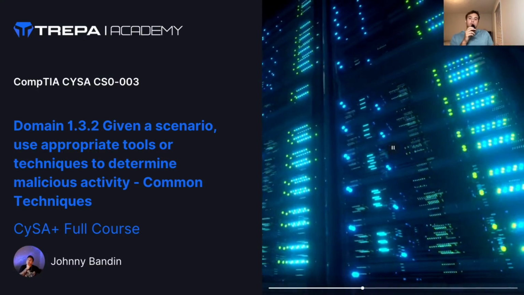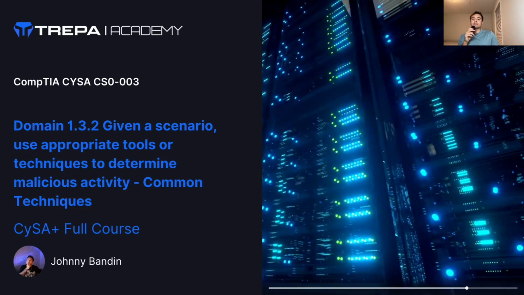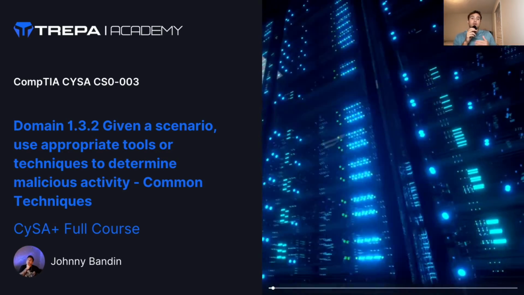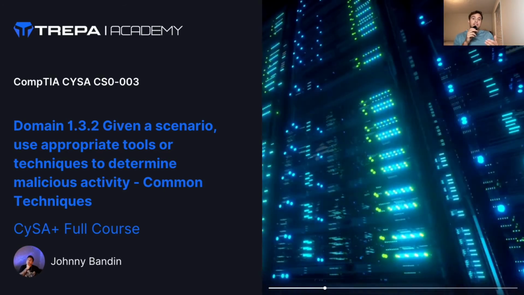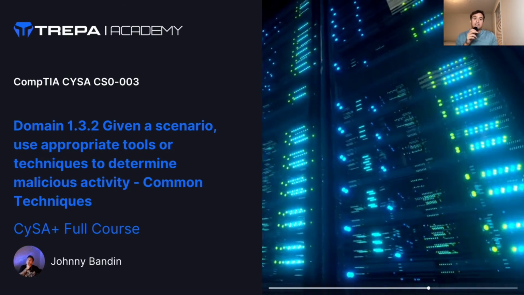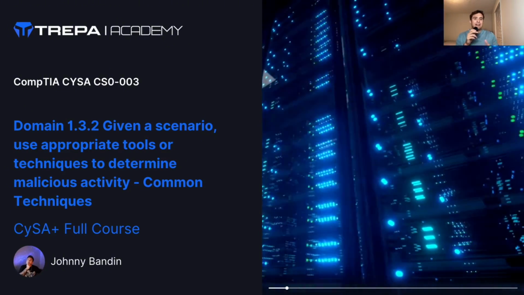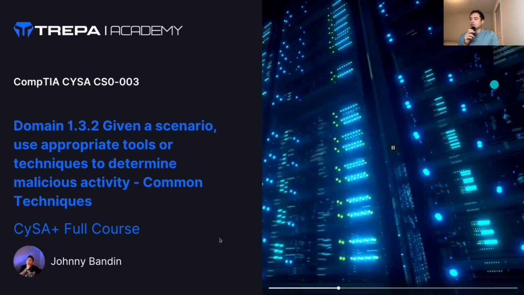Okay, so we're going to be going over domain 1.3.2. Given a scenario, use appropriate tools or techniques to determine malicious activity. And we're going to go over other common techniques that can help us determine malicious activity. And some of these tools actually stop malicious activity. When we get into email analysis and SPF and DKIM, I'll touch on how that's more of